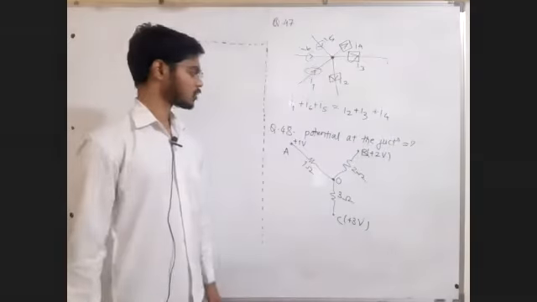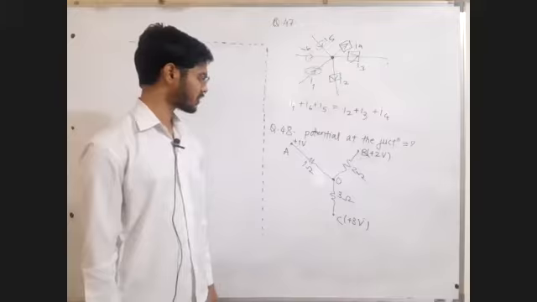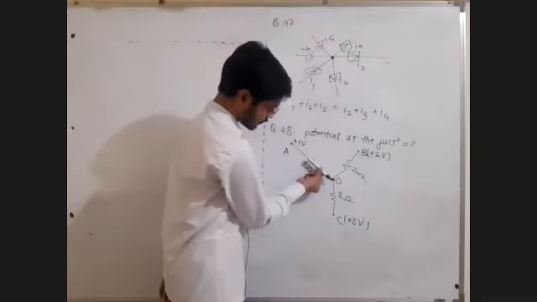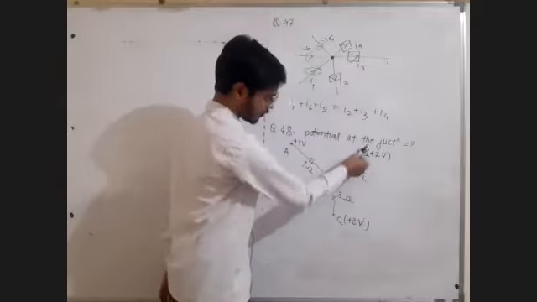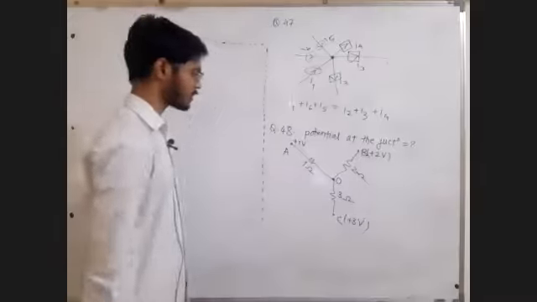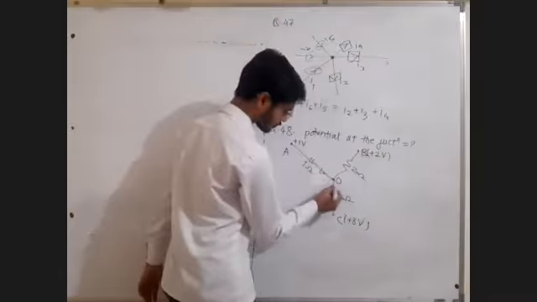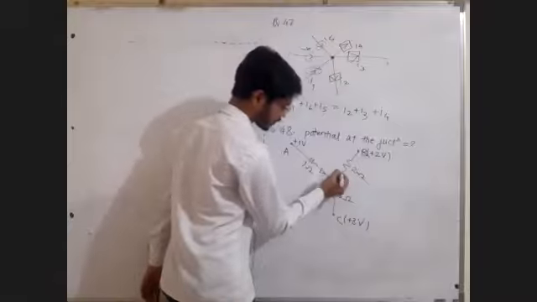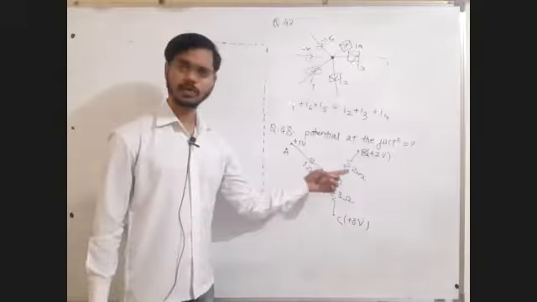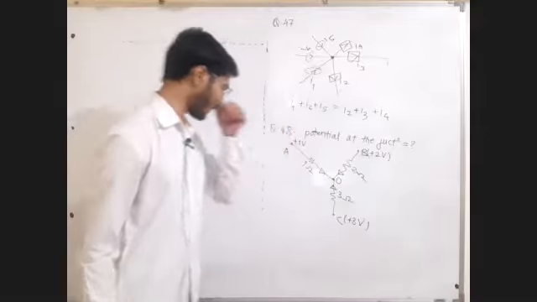Okay, so there are two ways to solve this question. Basically both are the same. You can assume this current is splitting into two parts, 1 and 2. That is the first way. Or the second way is to take all the currents towards the junction. Net entering current is equal to net exiting current. All current towards the junction is equal to all current away from the junction.